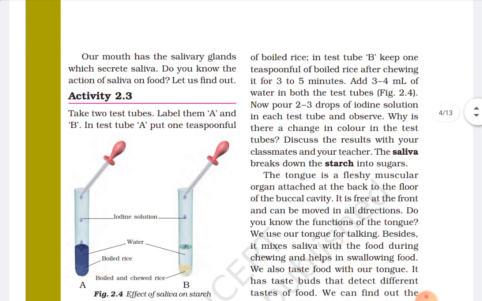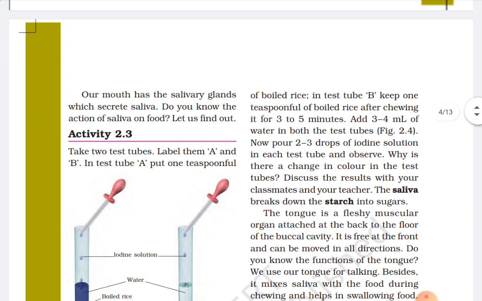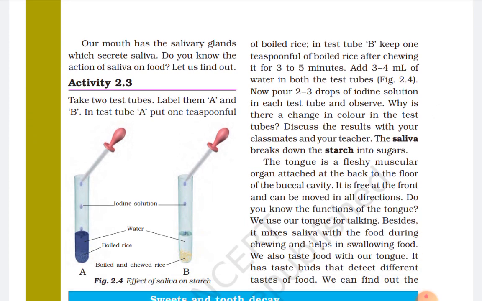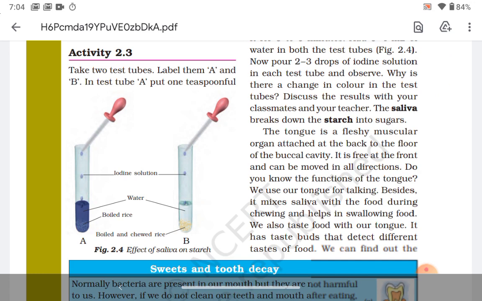Let us find out. Take two tubes, label them A and B. Into one, put 1 teaspoon of boiled rice in test tube A. In B, keep 1 teaspoon of boiled rice after chewing it for 3 to 5 minutes. You can see that with the iodine test the boiled and chewed rice would show that it doesn't have starch,